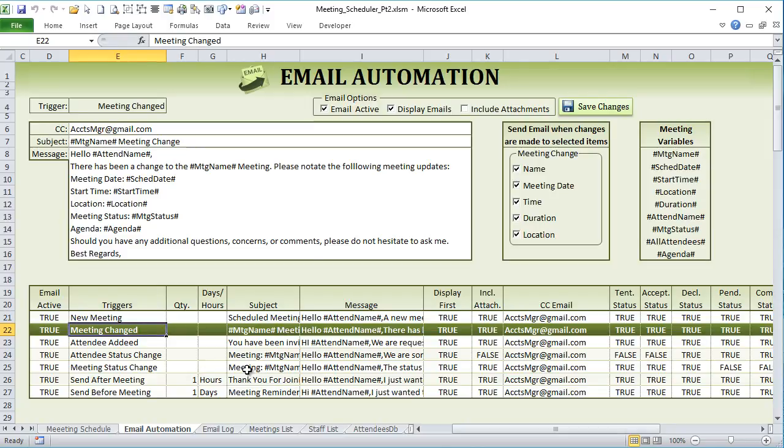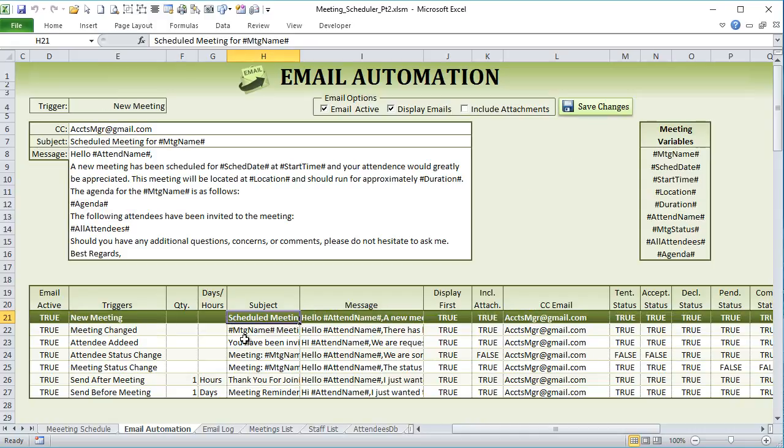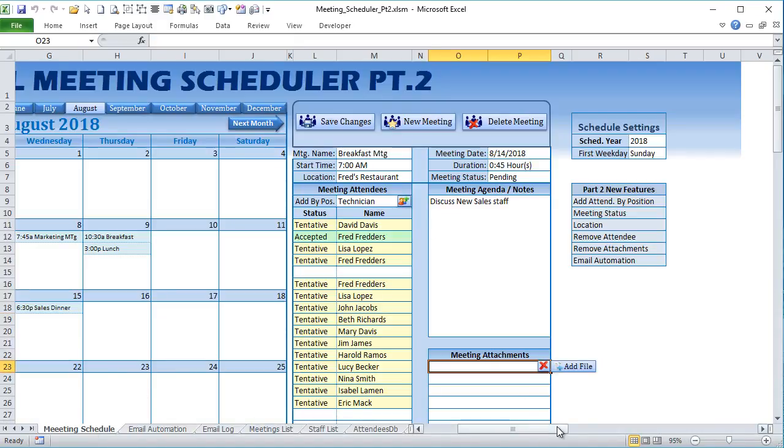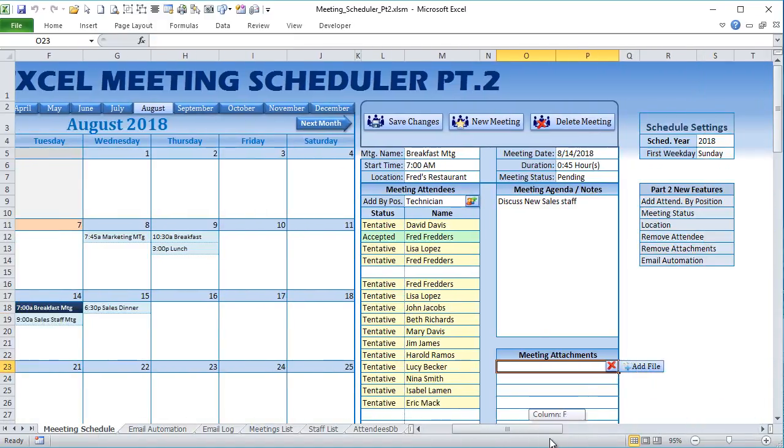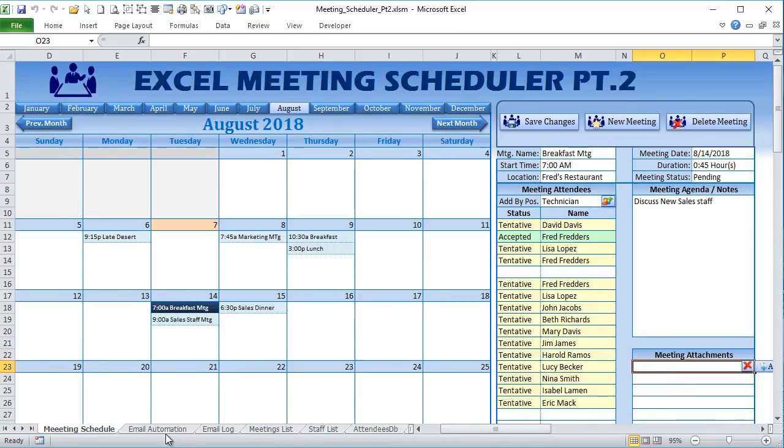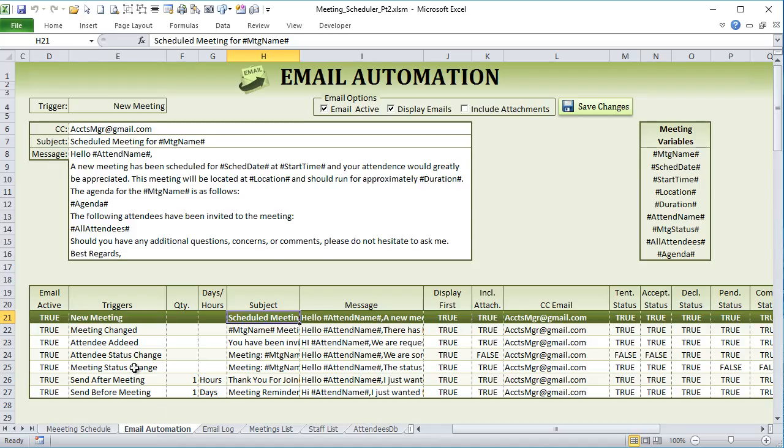All right, I wanted to go over the email automation, which is going to be a super duper feature. We have so many features just in this email automation. We want to send out emails based on lots of different options within our meeting scheduler. So I wanted to show you some of those. The first of which is the new meeting, and when we select on a new meeting, you have the ability to CC anybody. You have the ability to add your own customized subject as well as a customized message, and